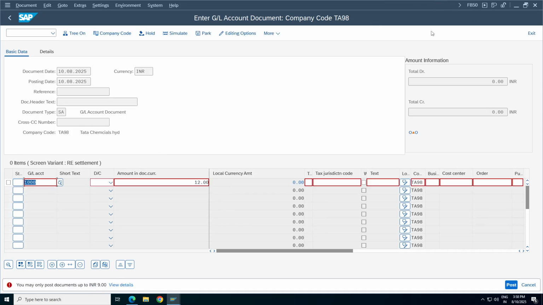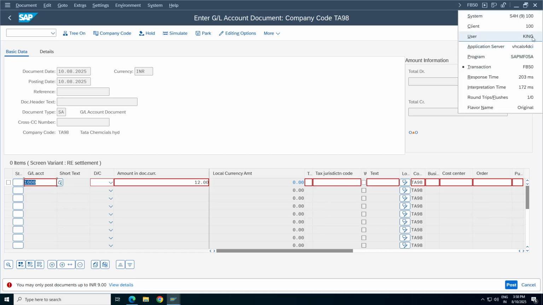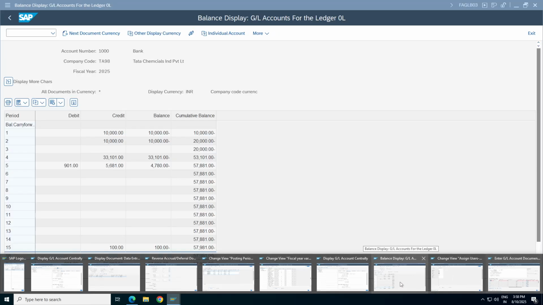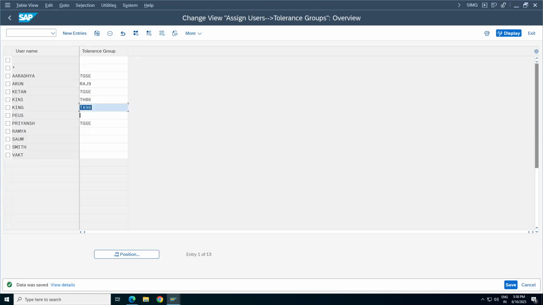You're restricting this user via this group. Just imagine I have 10 employees and I want to assign all 10 to this tolerance group. They will have access to post only up to 9 rupees, not more than 9 rupees. Understood?